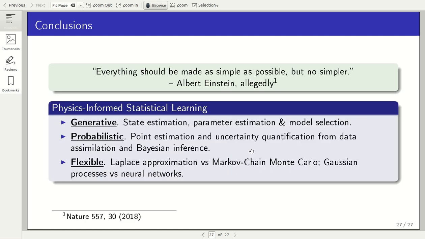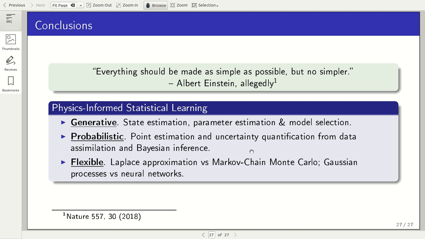Well, this already leads me to the conclusions of this talk. As I said, this talk was about essentially machine learning meets physical modeling, reduced order modeling, and thermoacoustics. And one thing I think we are always looking for is to find simple models which inform us how we have to change the system to mitigate thermoacoustic instabilities, but it mustn't be too simple, otherwise we have no accurate predictions. The key feature of our physics-informed statistical learning framework is, firstly, it's generative, so we retain